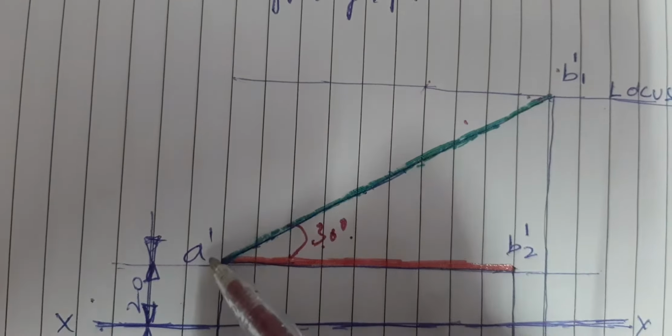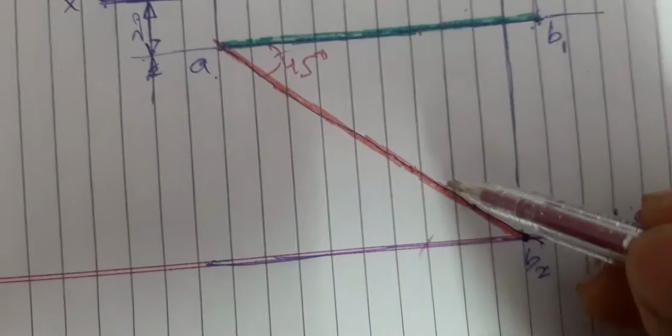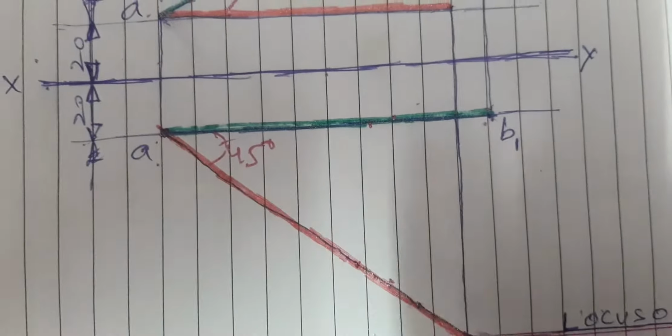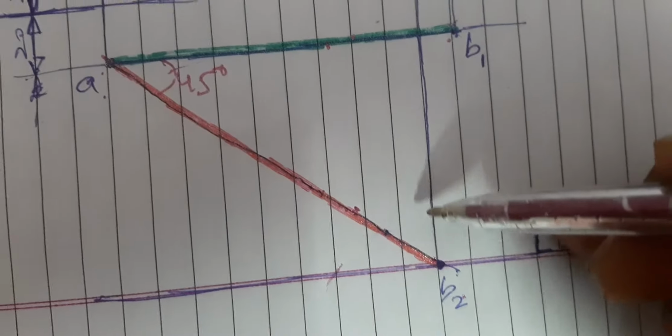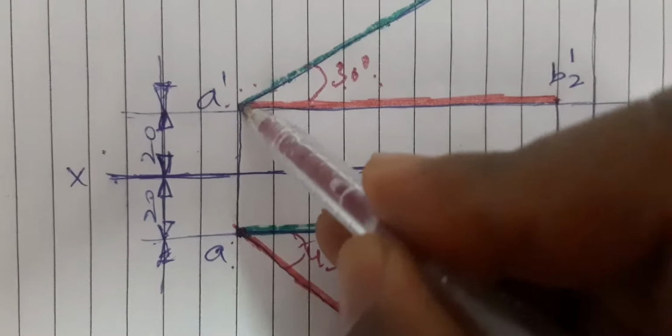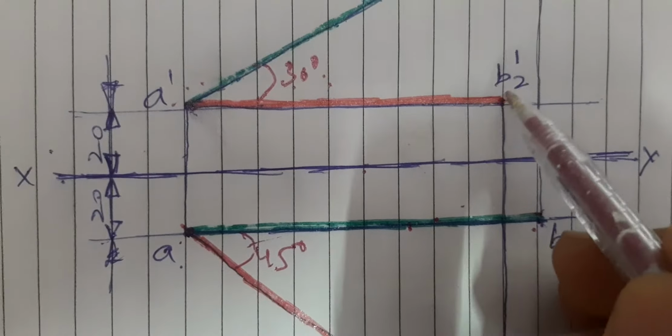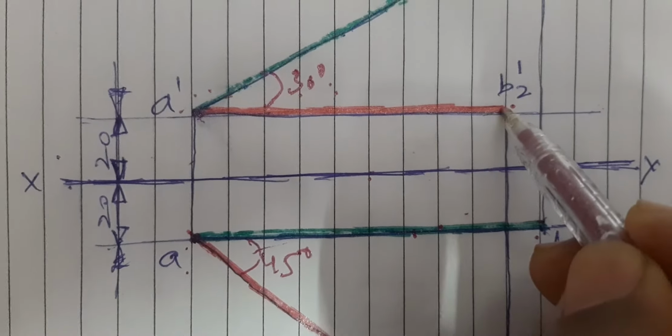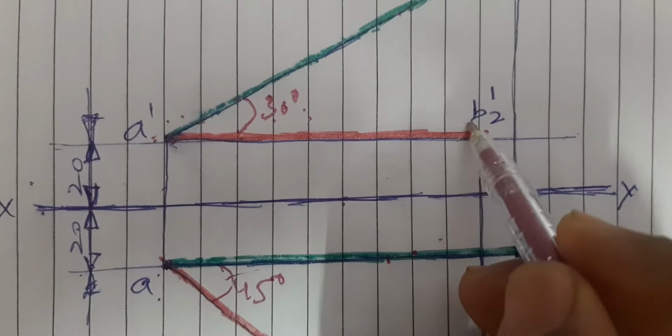So now this is the top view of the line when it is inclined to VP according to second assumption, right? So when you draw the projectors from this top view onto the reference line and then onto this thin line, here we are going to get the front view of this top view, right? So when you draw the projectors from this top view, like from b2 onto this thin line, and next when you draw the projector from a onto this thin line, here we are going to get the front view of the second assumption. So as it is named as AB2, the front view is going to be named with A dash B2 dash.